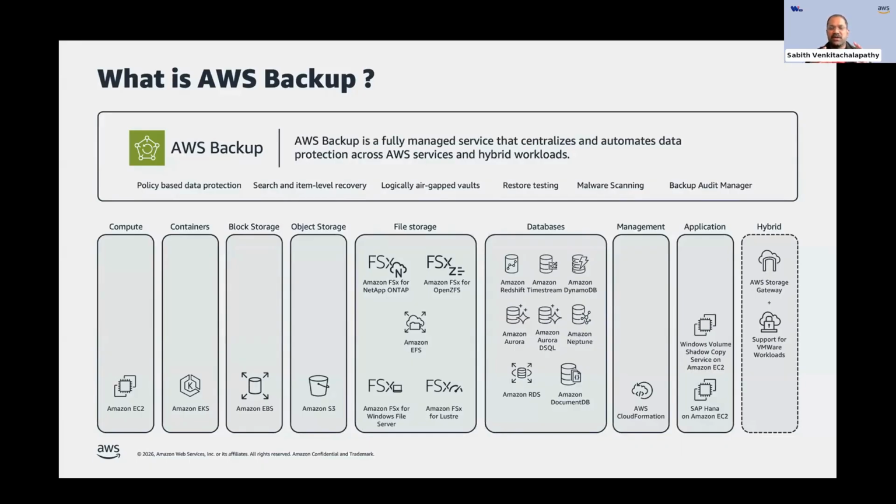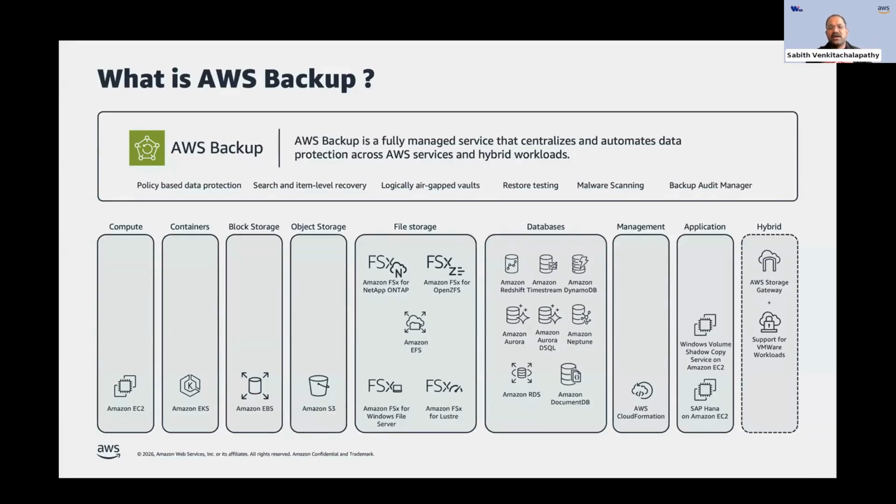And then restore testing, with integration with partner solutions like Elastio.com or natively from Amazon GuardDuty, you'd be able to scan your backups for any presence of malware or ransomware strains so that you can ensure an integral backup.